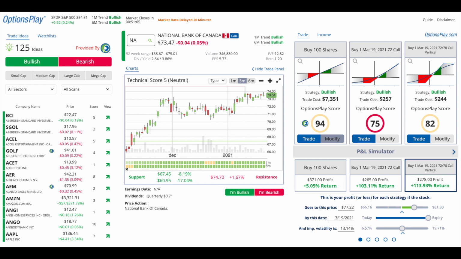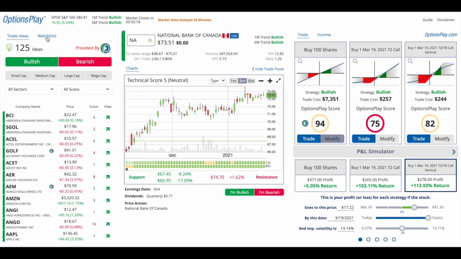Now, the platform itself is divided into three sections. On the left-hand side, we have trade ideas and watch lists. In the middle, we have our security analysis panel. And on the right-hand side, we have trading and income. I'm going to walk you through each one of these today to give you a better understanding as to how to use this platform from a holistic perspective, as well as individual modules, so that you understand the capabilities of this platform to help you find ideas, analyze a stock or ETF, and ultimately find a trading opportunity on that stock or ETF, depending on whether you have a bullish or bearish view, or if you're looking to generate income for your portfolio. So we'll start off on the left-hand side of the screen